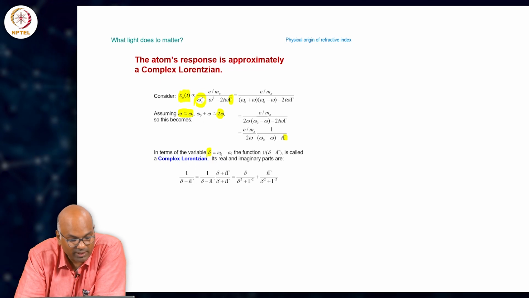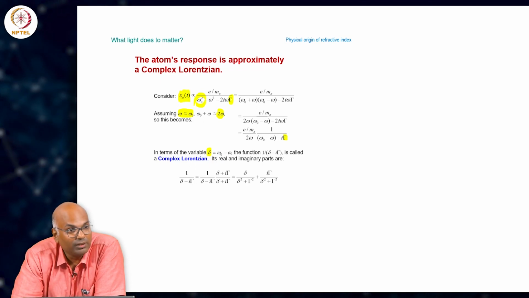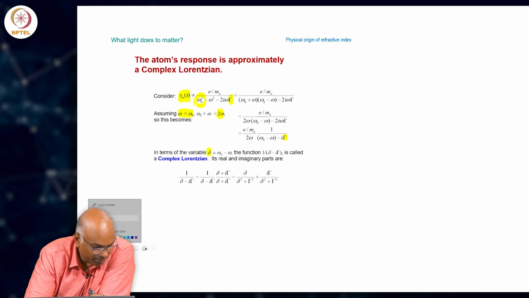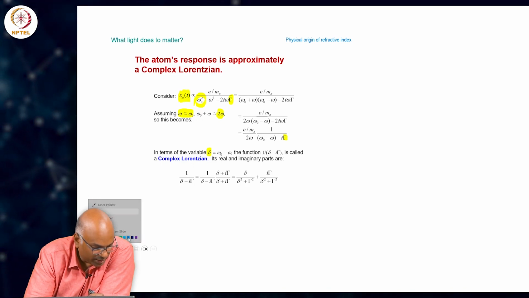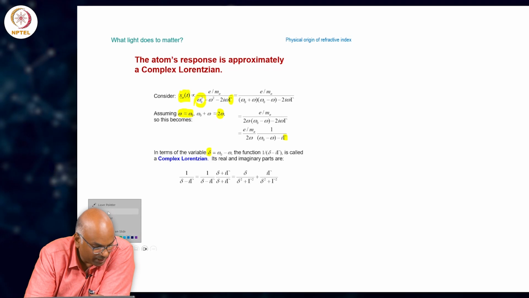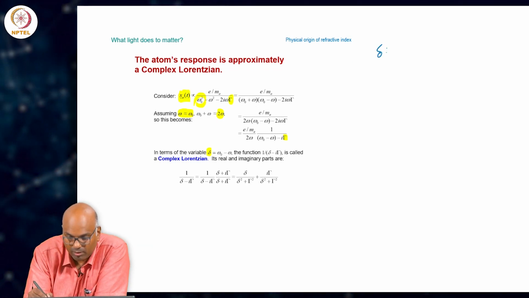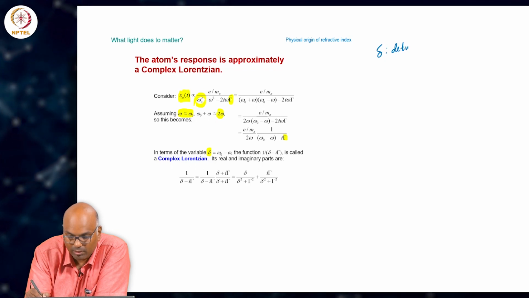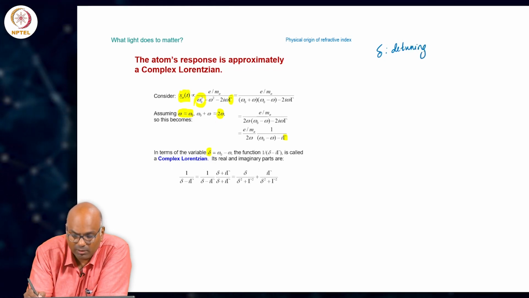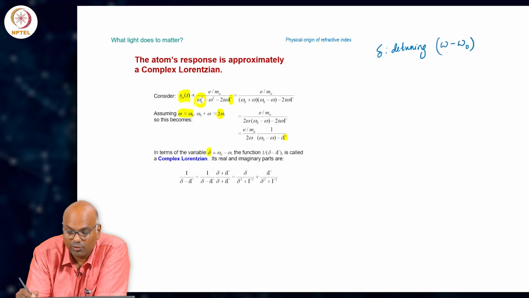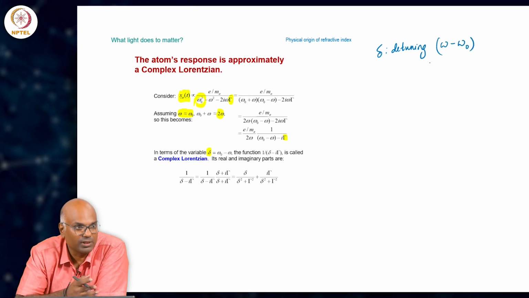Let us write this difference, which we can call delta, the detuning if you wish, that is the frequency difference between omega naught, the natural frequency,